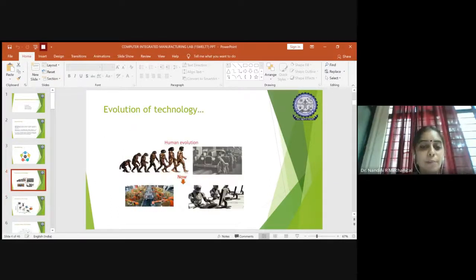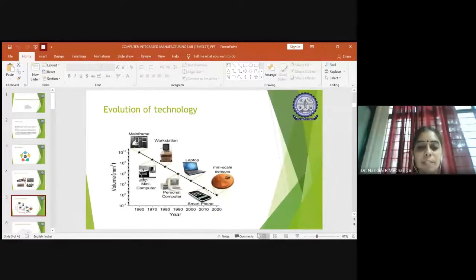Okay, so this is how the evolution of technology has been going on. I just showed you an example here. So this is with respect to our technical aspect. Initially, we just had mainframe based, and then the workstation and mini type of computer came. Then we had a personal computer, then the laptop. And now it is an era where we are using smartphones and even sensors at micron and nano level. So this is how the evolution of technology has helped to reduce the volume. Initially, the mainframe computers were too huge, big. And now from an actual scale to that of micron and nano level, we are coming. This is due to the growth of the technology.